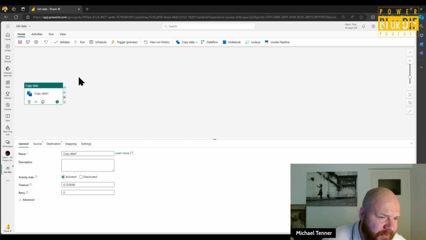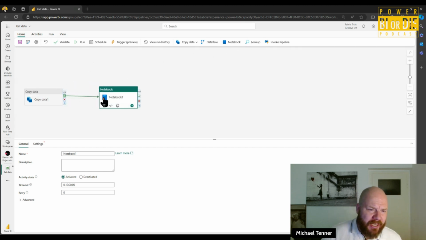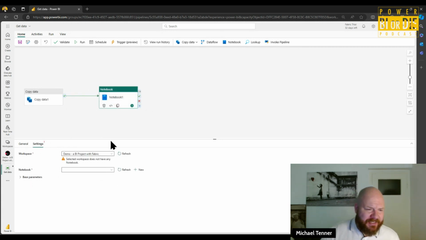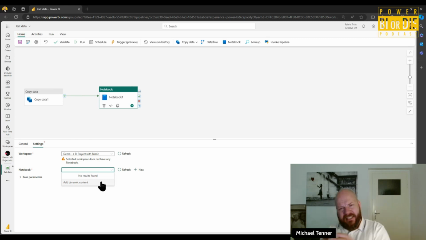So I can say, what if the step is successful? Maybe then I want to do a notebook. I can bring in a notebook, can assess this. And if you click on the step, you can always say which notebook should be used from your workspace. Obviously I have no notebook, so I can't use a notebook, but here you see how you can plan your solution step by step. You can say, okay, I want to do this first, then this, and you find a lot of different